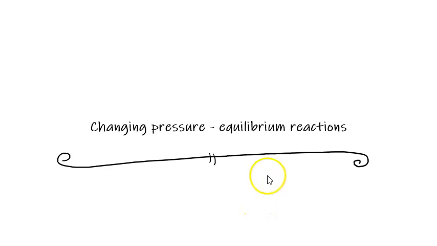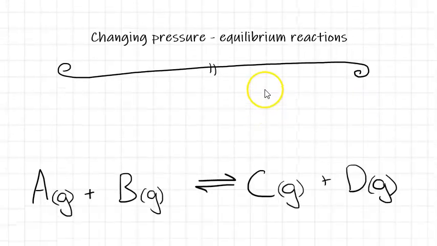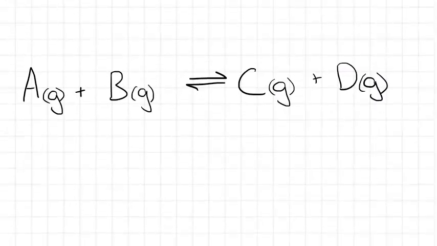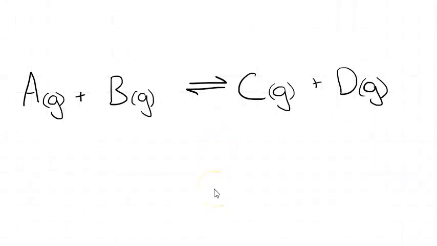Kia ora tātou. In this video we will look at the effect of changing pressure on an equilibrium system. So this can only happen if we have an equilibrium system that has an unequal number of gaseous particles on either side, on the reactants and on the products. So in this reaction, changing the pressure of this system would not affect the position of the equilibrium. However, if we had 2 mole of those B particles and 1 mole of A particles going